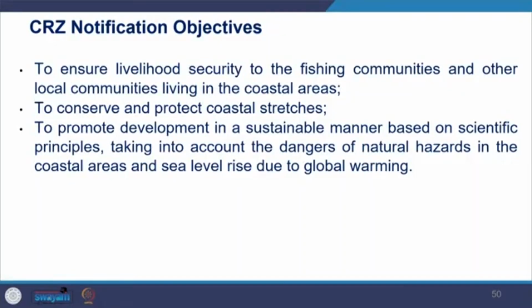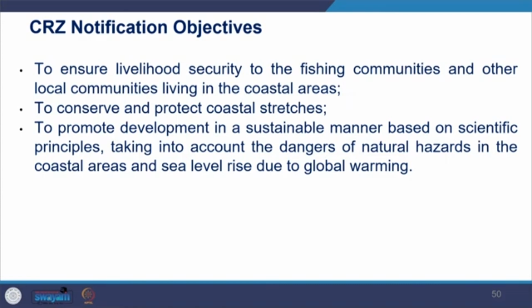So the main instrument regarding this, especially in the Indian context, is the CRZ notification under the Environmental Protection Act. The other significant aspect is the restriction on fishing along the coastal areas. So you may refer to CRZ notification 2011 and 2018. Looking at the main purpose of this, why the CRZ notification is created.